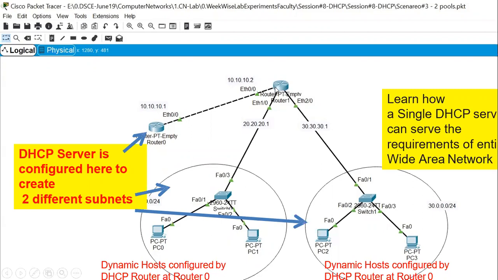So this router is connected to 3 different LANs. So this is 10 network, 20 network, and this is 30 network. And there are 2 PCs just to show one subnet. And this is the router which is configured with the IP address 10.1. See the last 2 bytes. And this is 10.2, this is 20.1 and 30.1. So this is the gateway address for this subnet, and this is the gateway address for this.